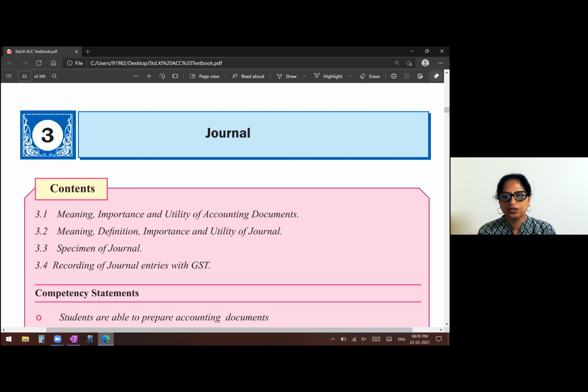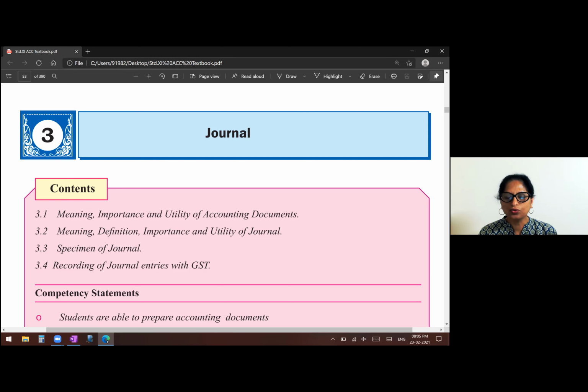So before we go into the journal, what is a journal and what is required to write a journal? There are some documents which are required to write the journal. You just cannot write it on your own. So some supporting documents are there, and those are called documents used to write the journal. Now there may be some vouchers, some credit notes, some tax invoices, different types of checks. If you see the beginning of the chapter, you will find all this.